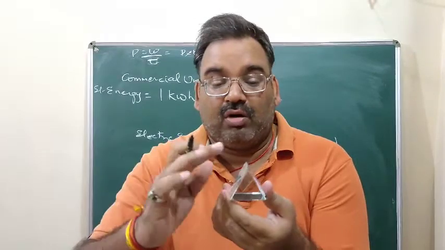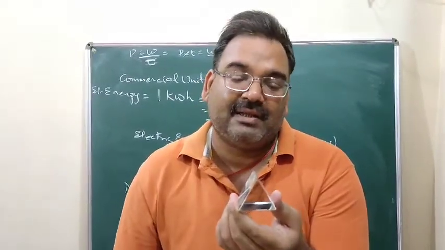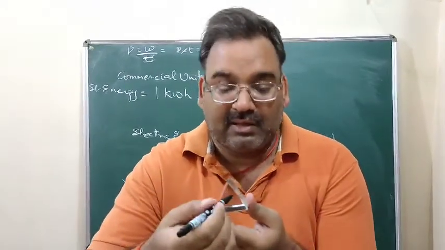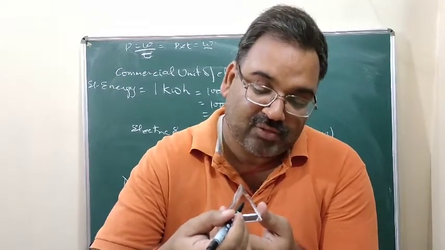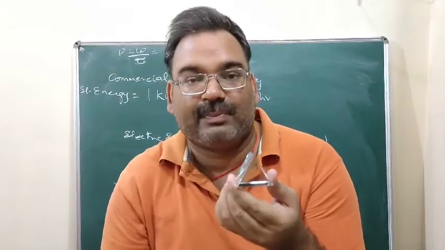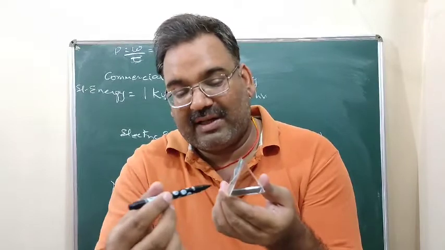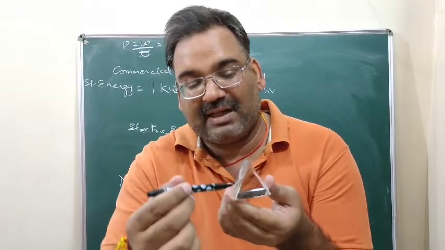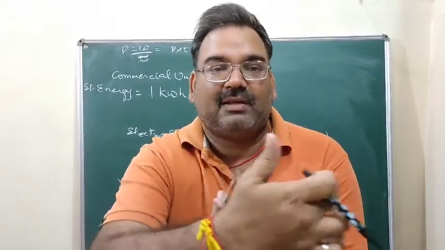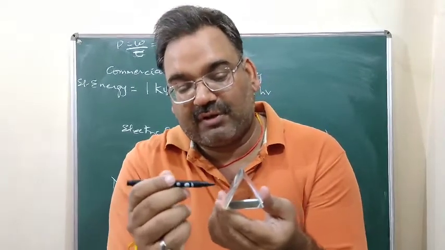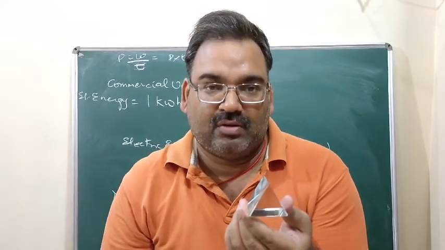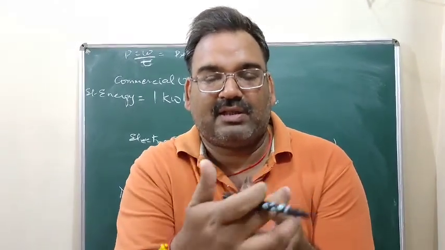Now, wherever two planes intersect, they form an edge. So this is an edge, the upper line. The angle between two surfaces is known as the angle of prism. So this angle is the angle of prism. Now the ray of light will pass through this surface and will emerge out from this surface. Okay, the ray will be incident from here and will emerge out from here. So these two surfaces, 1 and 2, are known as refracting surfaces.